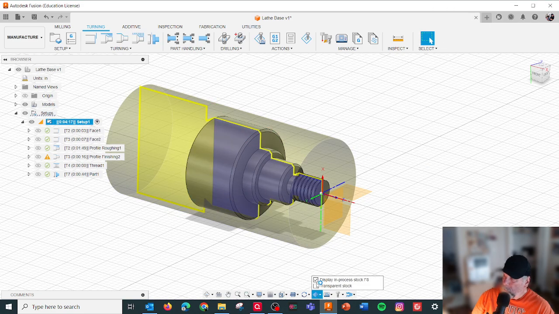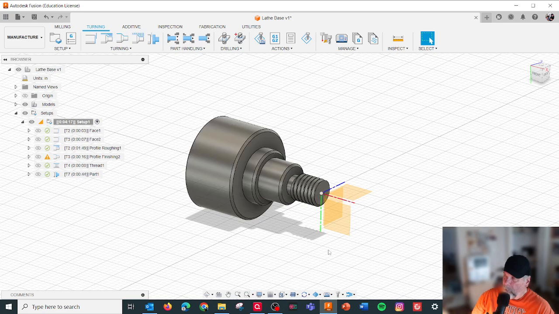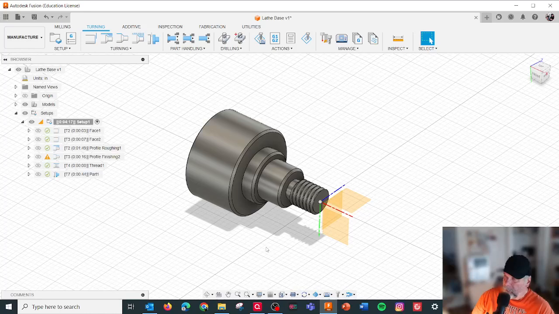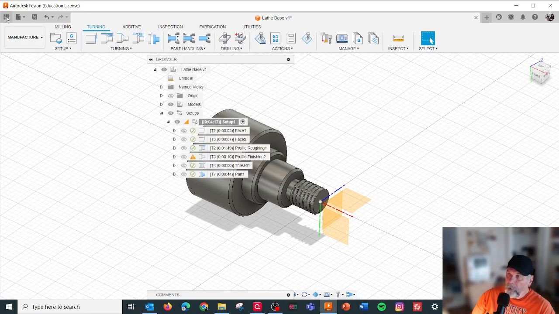We have stock visibility. I like this one, synchronized with active setup, because it'll actually flip around to the, you don't keep on flipping it. And if you're doing machine simulation, if you want to show the machine, and tool visibility, and also this one is just for turning, show spun profile. All right, you'll learn all that stuff when you start doing those classes in turning. All right, let's go back to,